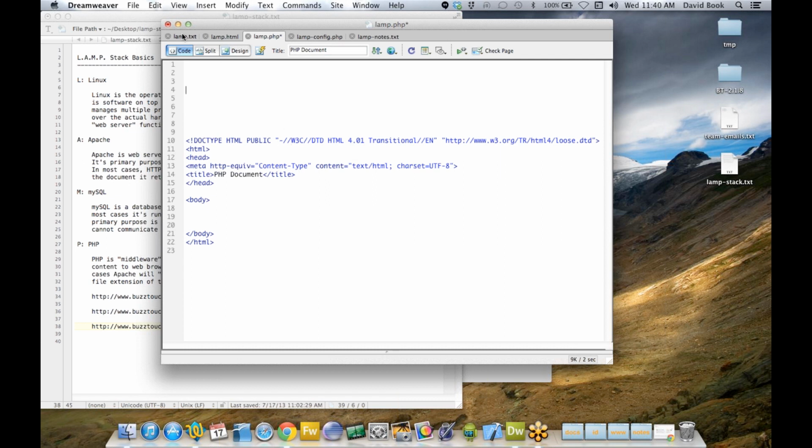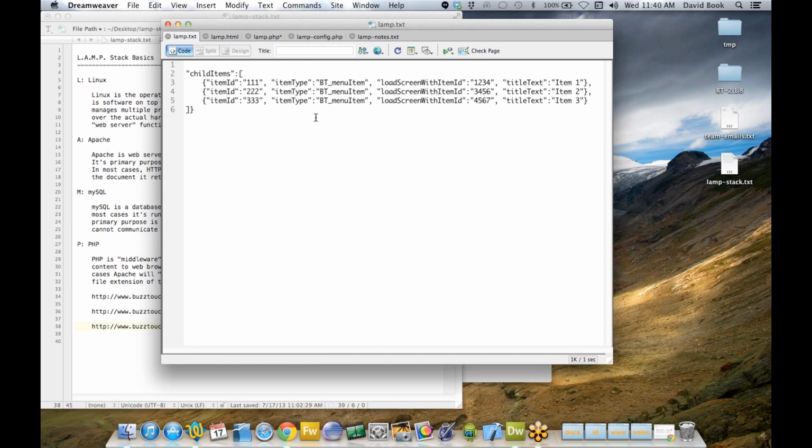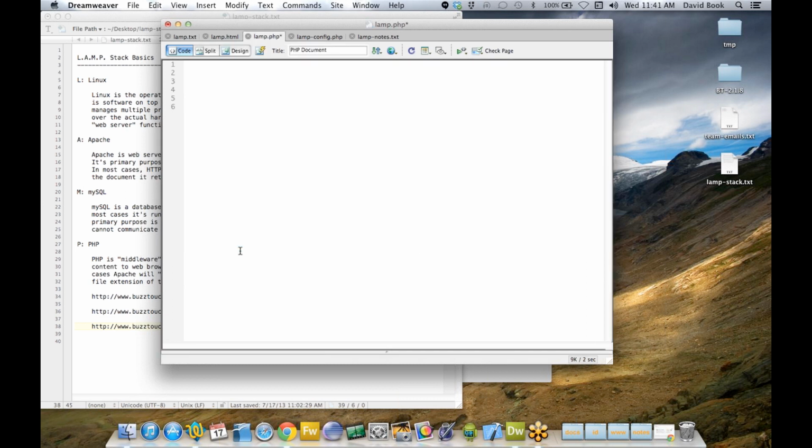What if we don't want to make HTML output? What if we want to make JSON output? Because we want PHP to create a dynamic list of restaurants to power our menu or something like that. So let's start there and say the heck with this HTML for now. Let's just get rid of all the HTML. Can we do that in a PHP document? Absolutely. We can do whatever we want. It's our document. The only thing that's required to use PHP is we have to tell what we call the interpreter,